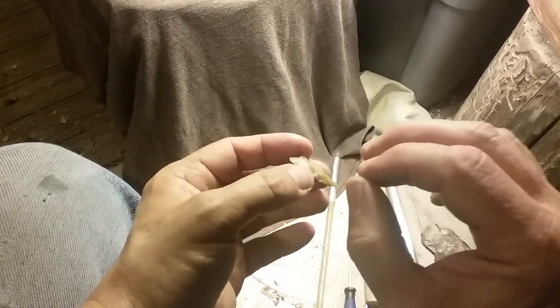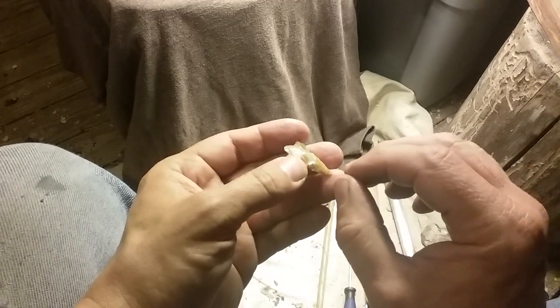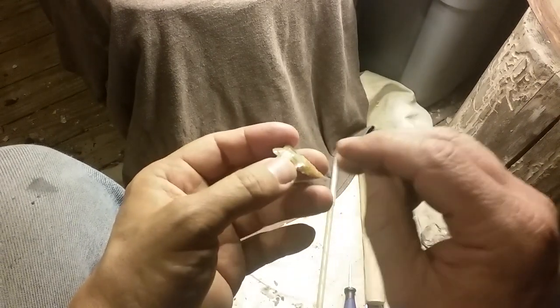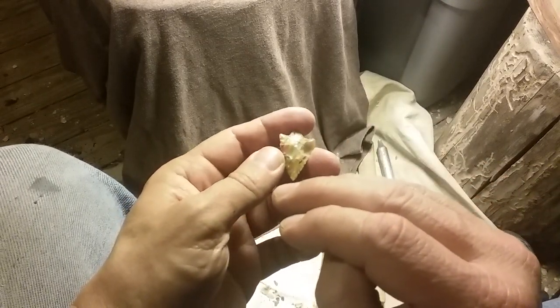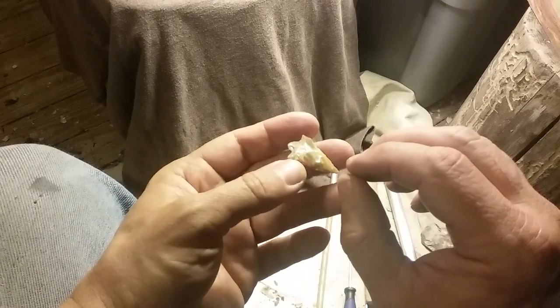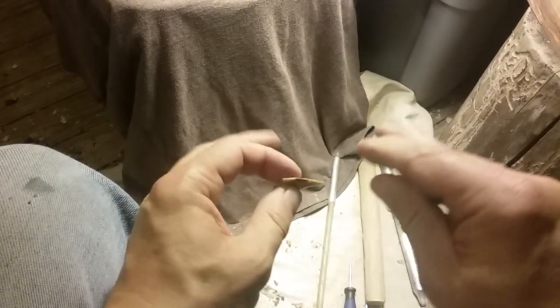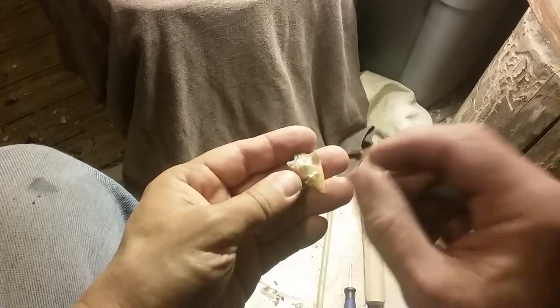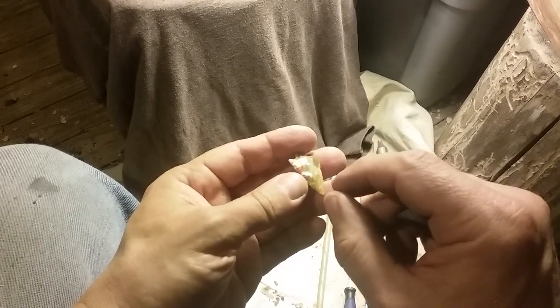You can't be over challenging yourself. You've got to back off a little bit from what you think you can do. Just take it easy on the plan for your flake. Back off just a little bit from where you think it might go, because you don't want to be too aggressive with your thinking. With your strikes and your power, it's fine, you can be aggressive. But with your thinking, you've got to back off slightly from what you think you can do,